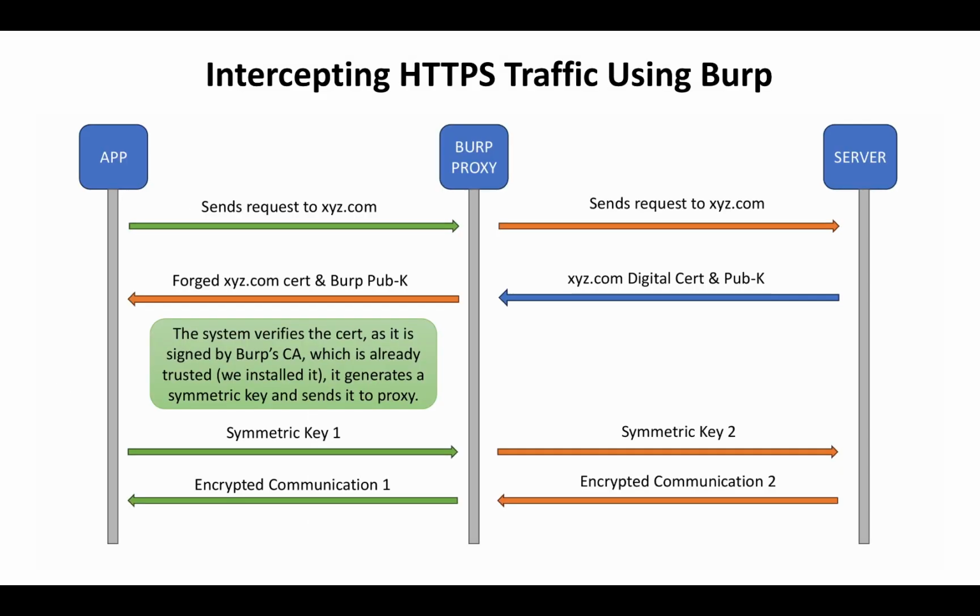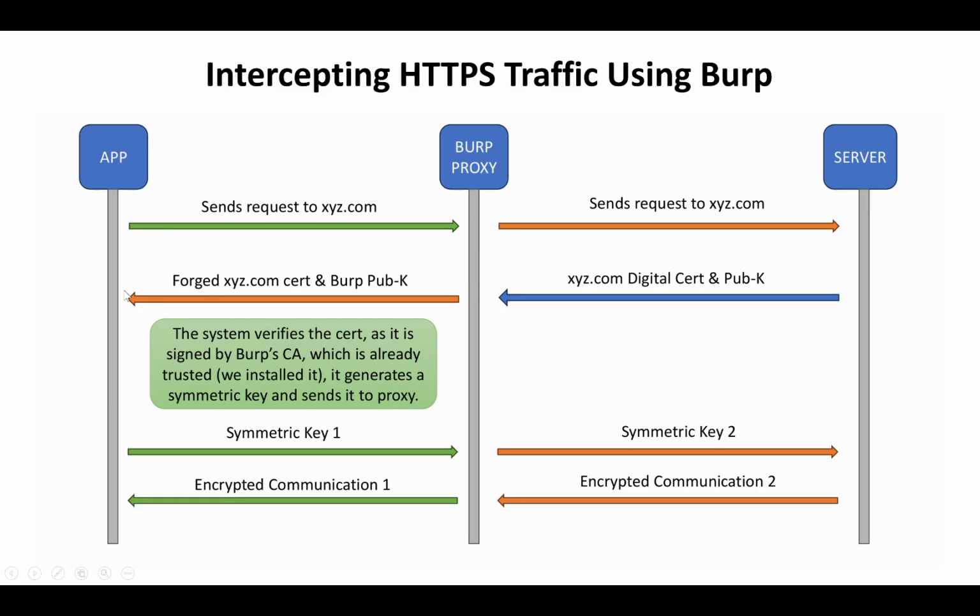Okay. So what happens when it comes to Burp? Well, our application or our browser sends a request to xyz.com. Our Burp proxy terminates that connection and it initiates another connection from its own side. So Burp initiates a connection to xyz.com. Now xyz.com sends back a digital certificate and a public key. Now what Burp Suite does is it creates a different certificate. It simply copies the certificate of xyz.com and signs it using its own private key